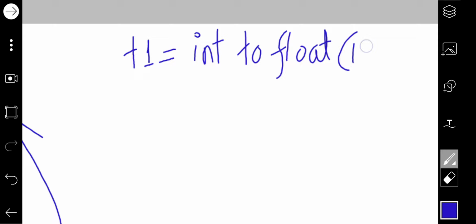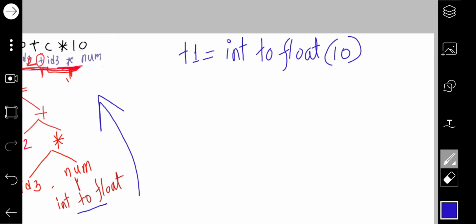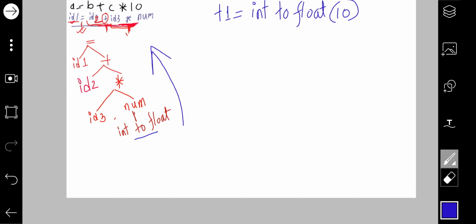It will convert the 10 into a float, so after converting, 10 will become something like 10.00.